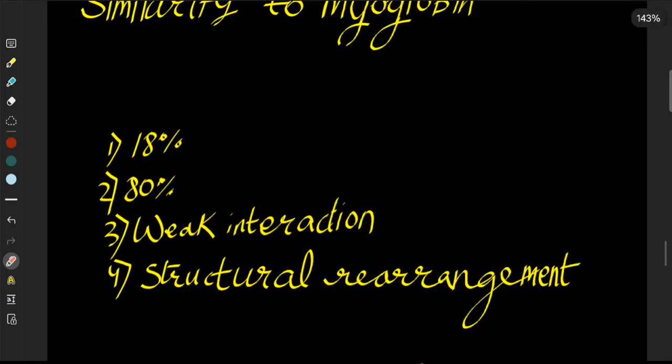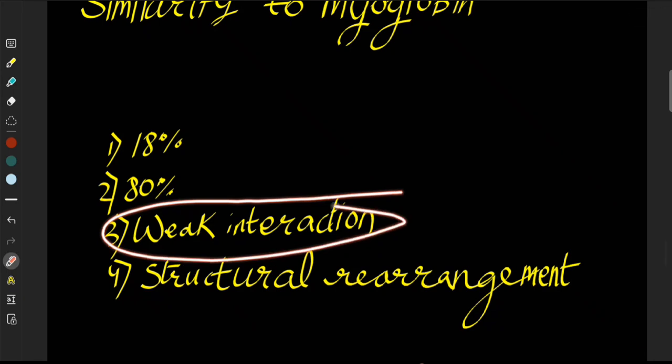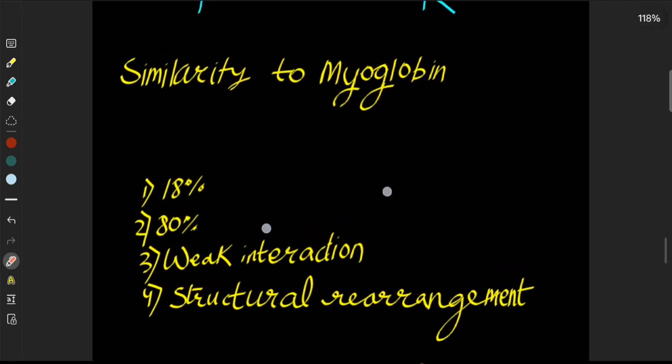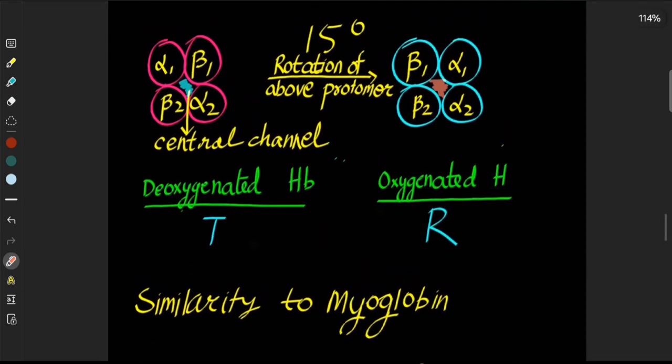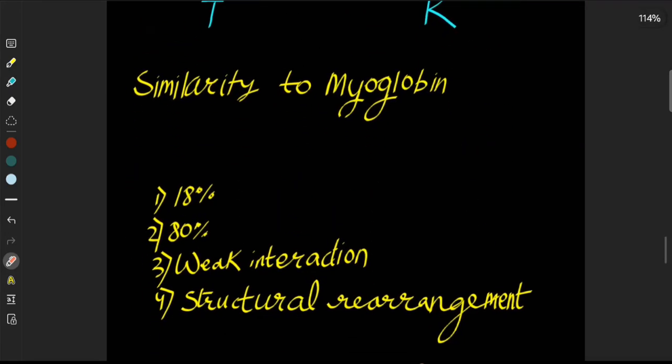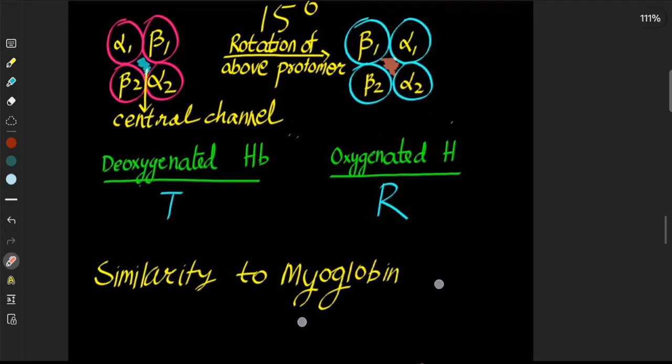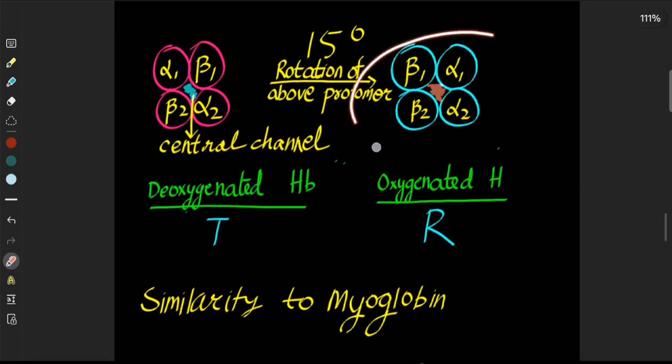Now, as I told you about the weak interaction as well, right? So the weak interaction was between the diagonal hemoglobin chains, right? And then what was the other? Structural rearrangement. And this is the structural rearrangement which is necessary for the oxygen to bind to all the other